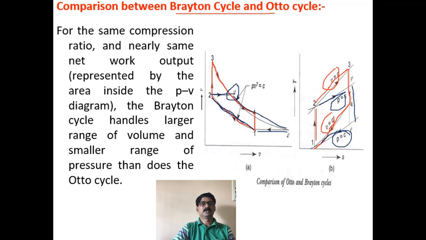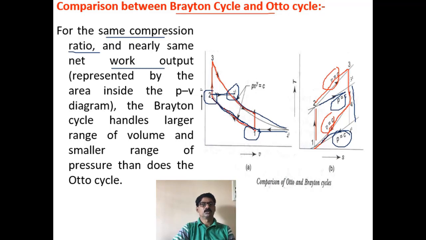So the basis is the same compression ratio. It is compression ratio V2 by V1. You can see V2 by V1, so it is 1 to 2. The compression process is the same. So V1 by V2 is the compression ratio, and it is the same for both the cycles, right? Then